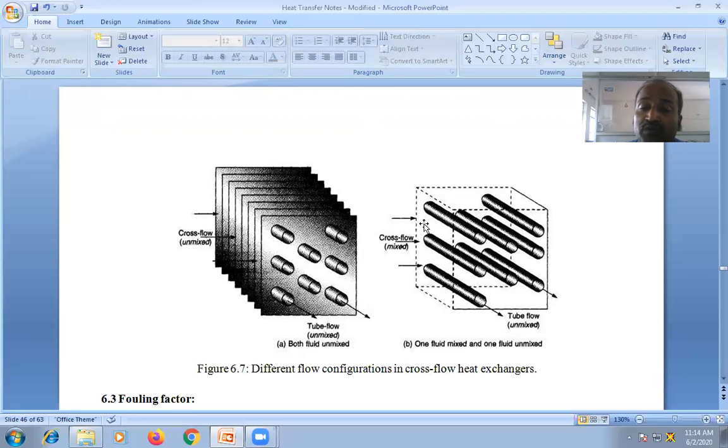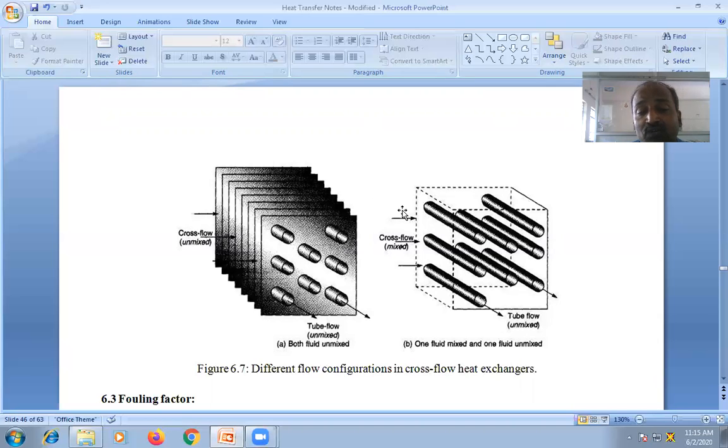And this is the tube flow. Various tube flows are there. So through that, hot fluid or cold fluid may be interchanging. So in this compartment, hot fluid may be flowing, or in the tube, cold fluid, or in the tube, hot fluid, and here cold fluid, whatever it may be, combinations are there. These two types of combination: one is both fluids unmixed, and the other is one fluid mixed and one fluid unmixed. Both fluids unmixed means here compartments are made for the one fluid, and also tubular is there. Here also compartments are made, means each tube is provided separately. So hot fluid and cold fluid are not mixed with each other.